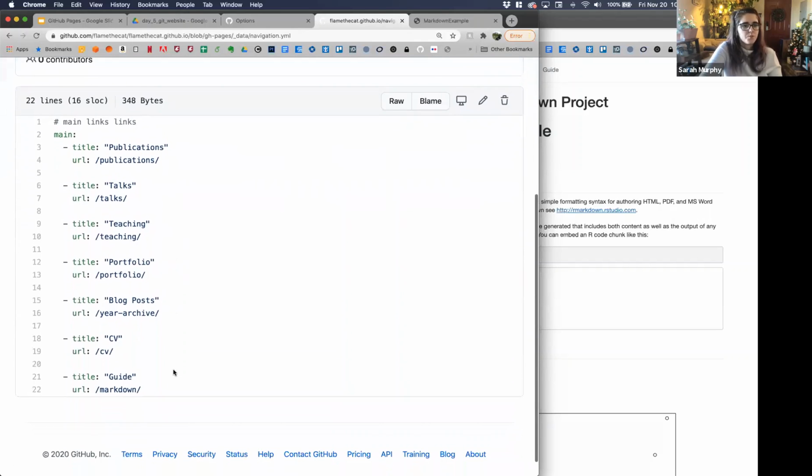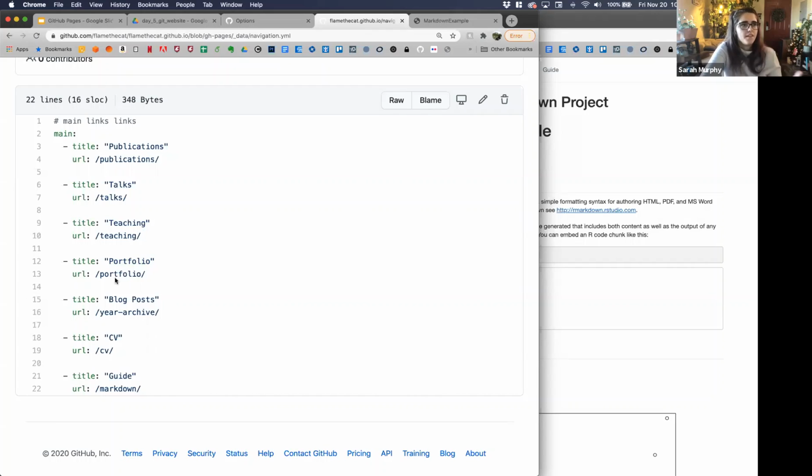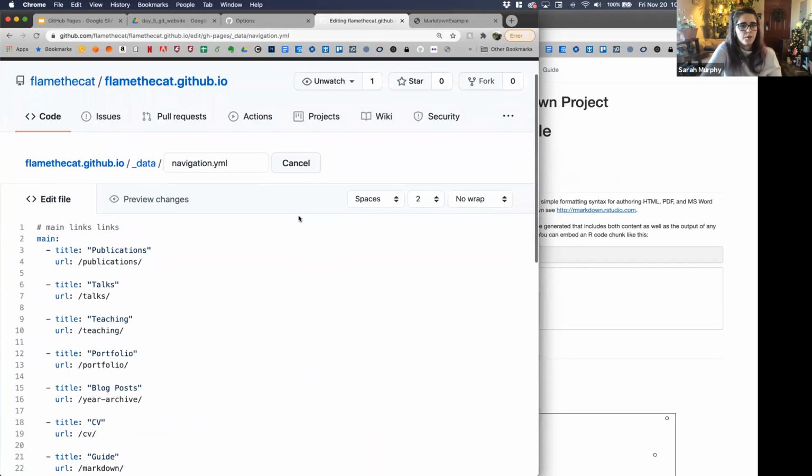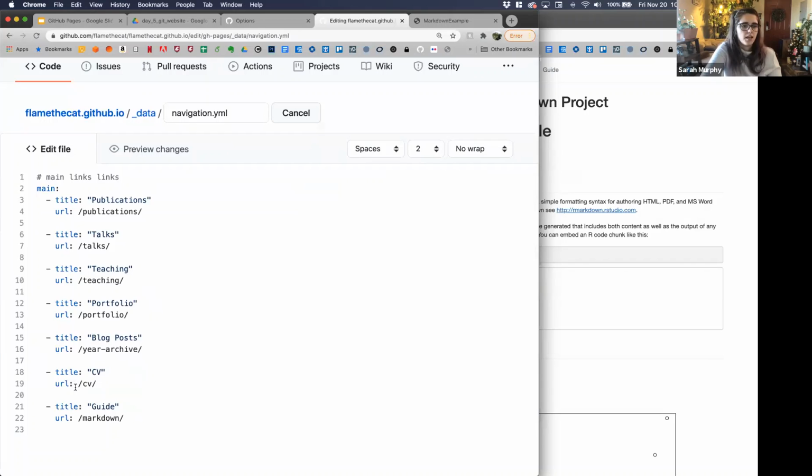And then this is what that file looks like. It's a pretty straightforward file. We just have our URL and the name of the page. So the title is whatever you want to be displayed in the navigation, and then the URL is wherever it's going to redirect to. So if we just edit this file, say we want to remove our Markdown guide,